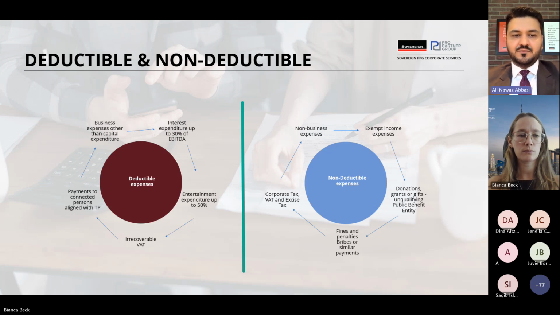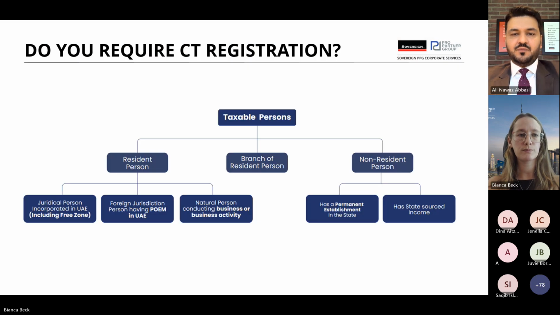Sorry, can you go back? Who needs to register for UAE corporate tax? If you have a company in UAE, whether in mainland or free zone, you need to register. If you are a foreign company, but being effectively managed from UAE, you need to register. If you are a natural person who is conducting business activity in excess of 1 million dirham, you need to register. If you are a non-resident person with either a permanent establishment in UAE or is earning state-sourced income, you